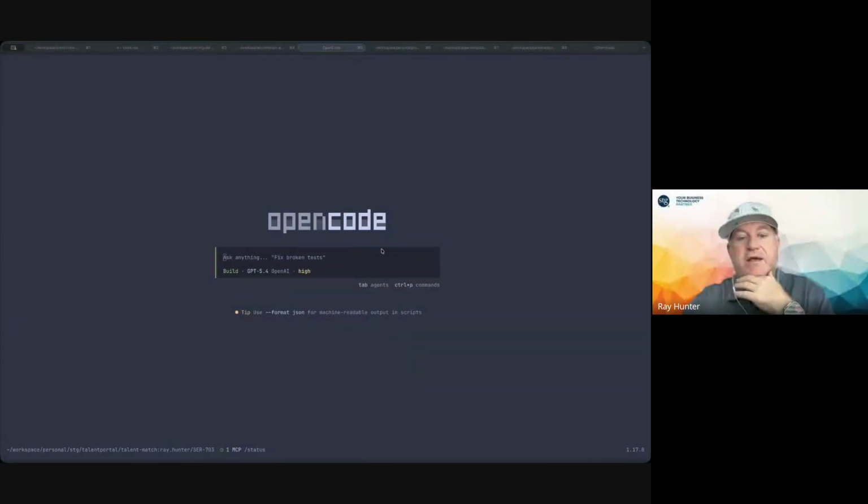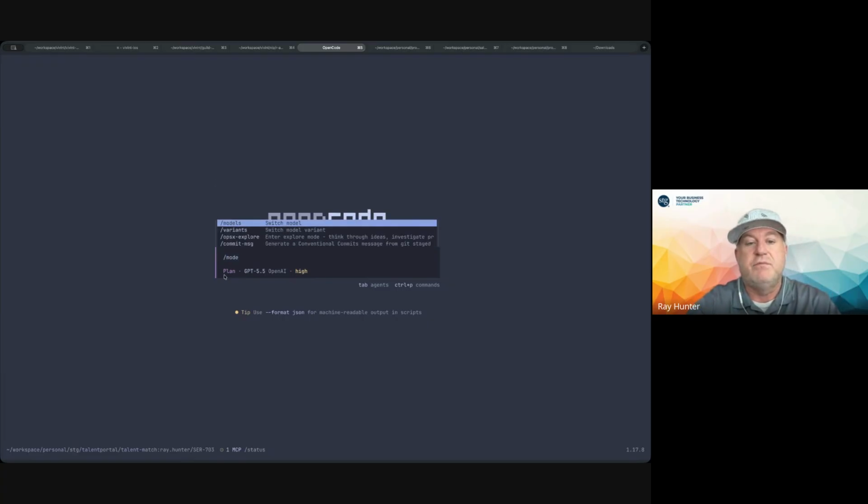Okay, let me show you. As I mentioned, there's a tab down here that allows you to change the agent. If I hit tab, you'll notice it moved to plan. Planning is a way where you can plan and say, here's what I want to do, here's my goal. In Claude Code, they have a slash command called goal. You can create something like that, but plan is kind of the same thing. Plan is an agent, and I can change the model.